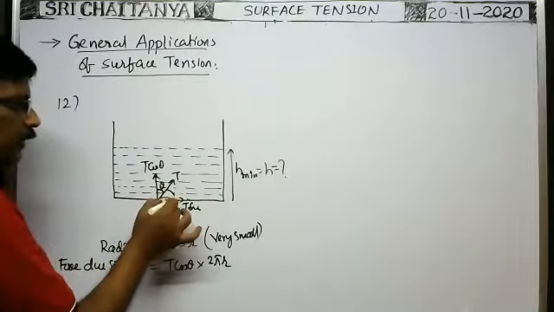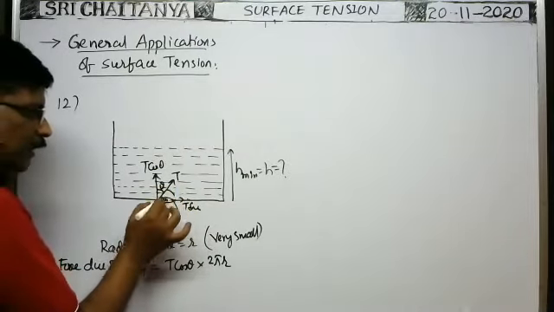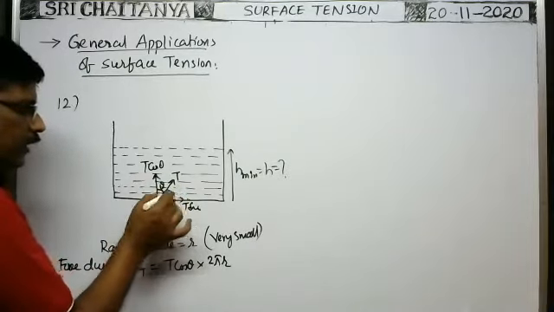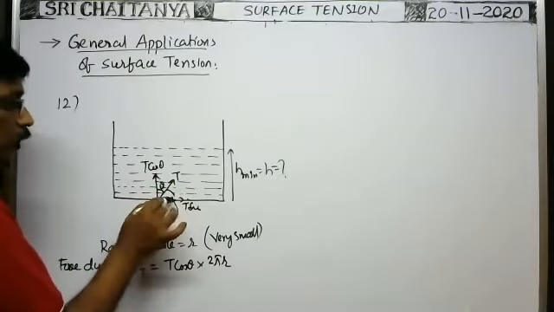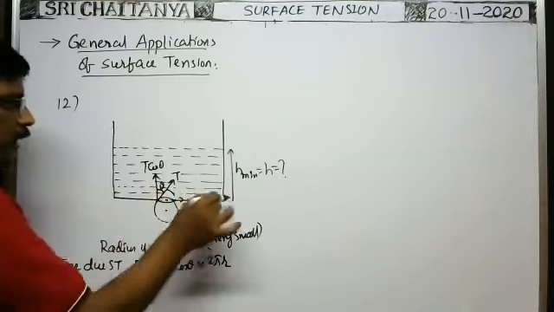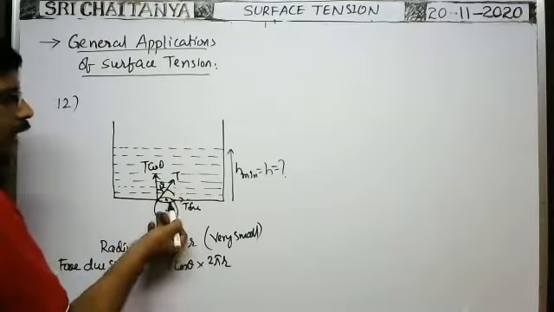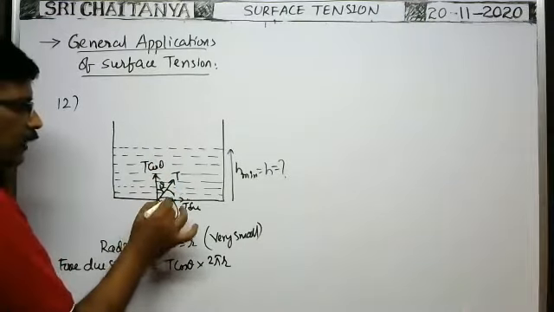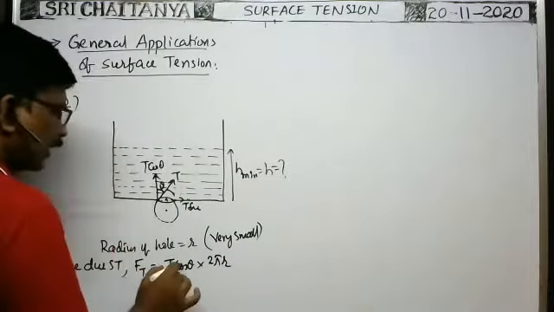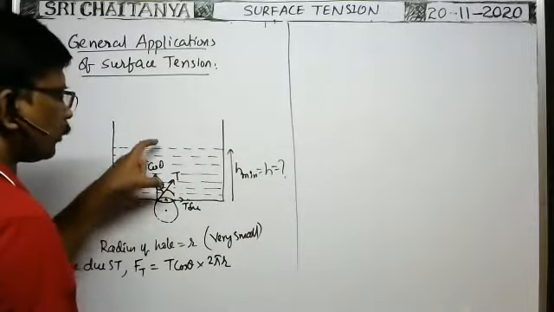some pressure acts at the surface now. Because of this depth of the drop, the depth of the hole here, some pressure difference acts across the drop. Inside the drop, meaning just above the surface, above the hole, the pressure due to liquid is equal to P naught plus H rho g, because the height of the liquid is H. P naught plus H rho g. Outside, atmospheric P naught acts in this direction. Therefore, net pressure difference across this is equal to H rho g only. That's why here the force due to surface tension is this one, and the force acting on the liquid drop in downward direction is due to pressure difference.